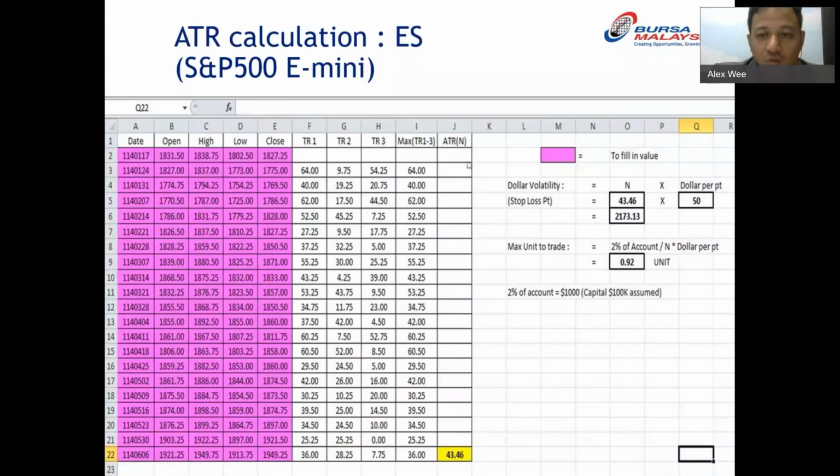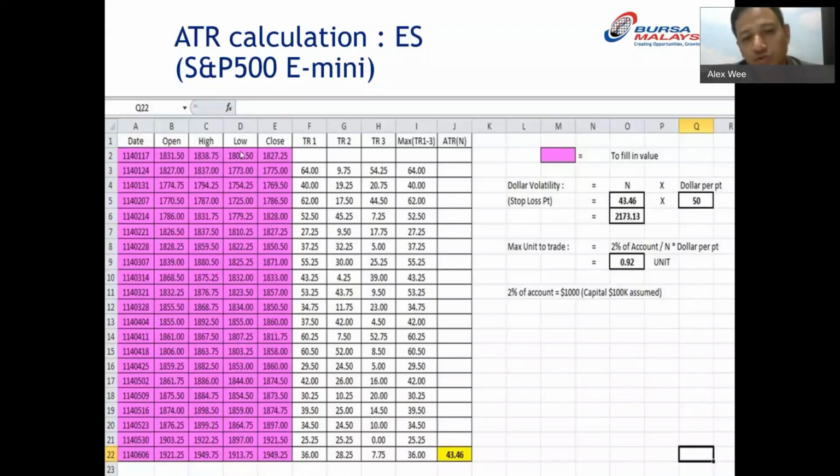I'll give you one interesting example, and this spreadsheet I can give to you for free. Ask from the organizer. What it does is that you just have to copy and paste 20 days of price, open, high, low, close, and date. That's all you do. The pink color is empty, and you need to put that number in.